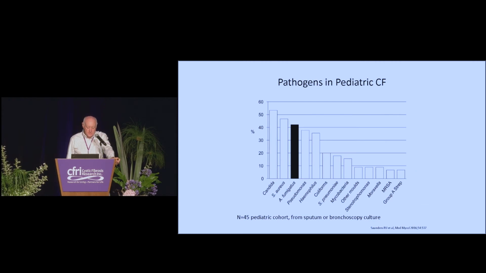This is a study from the UK, from Leicester, which looked at children because we were interested in the issue of when all this starts and how young can you be to be at risk. So these are the recovery of organisms in a pediatric cohort at their pediatric center in Leicester. And there are 45 patients in here, and you can see that it's a combination, because they're kids, of sputum cultures and bronchoscopy cultures. And Candida is the most frequently recovered organism in this particular sample, and I think that's something that's widely